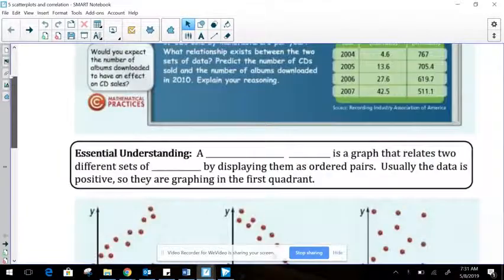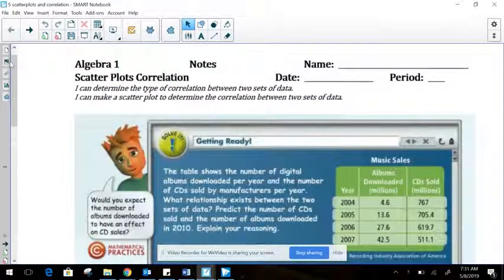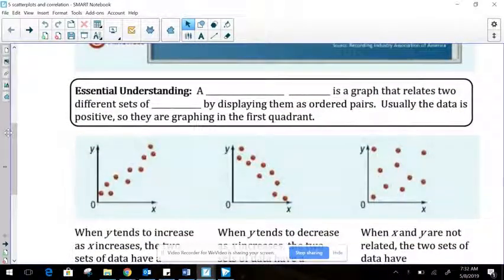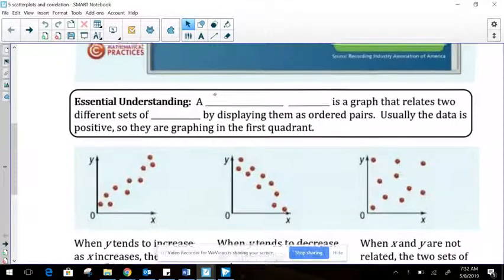Hello. Today we are going to do scatterplot correlation. So the first part of the notes down here, we're just going to talk about the correlation of a scatterplot example. All right, so essential understanding. A scatterplot,